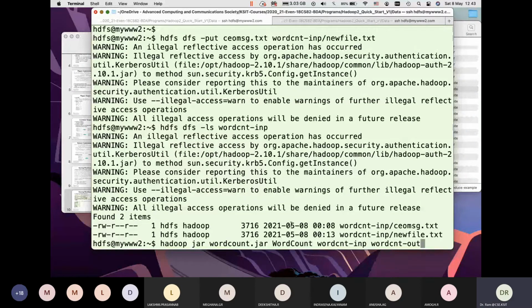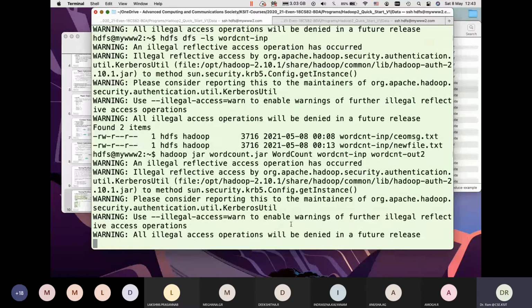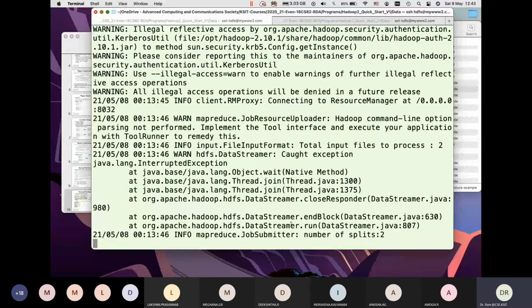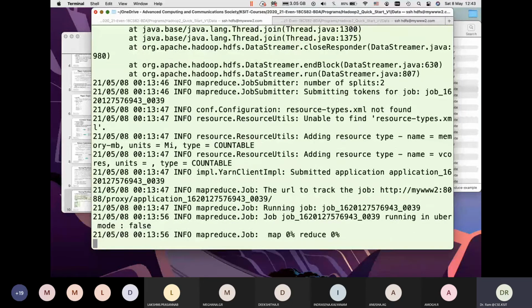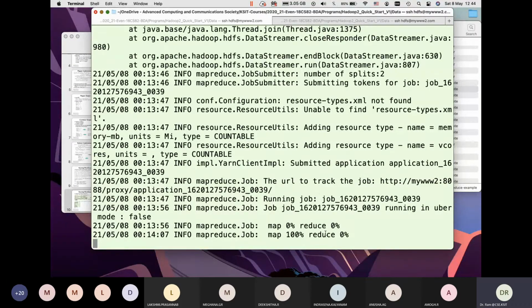I cannot give the same directory, let's say out2, because the program will abort. Now let me run and see what really happens. You'll see the numbers would basically double up. Now it's running two mappers. It's two input files, so it is running two mappers in a single job, and you'll see map 0%, map 50%, because it's a single node cluster, it will run one map job at a time. So first mapper, then the second. Go ahead.